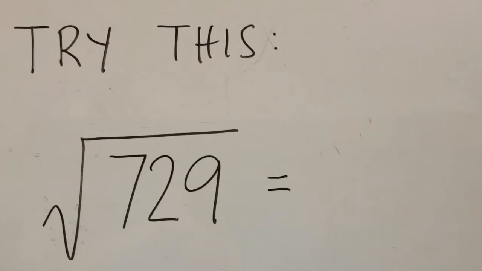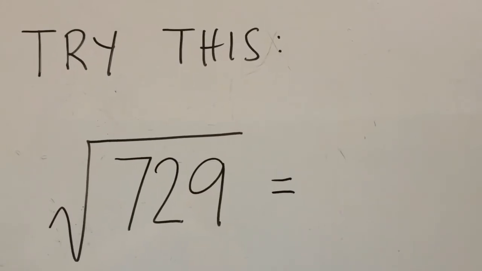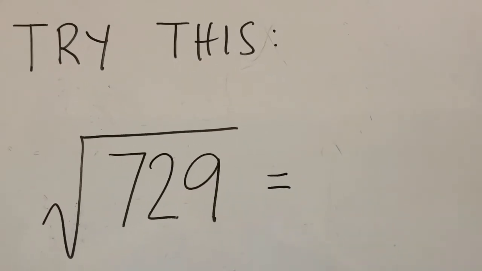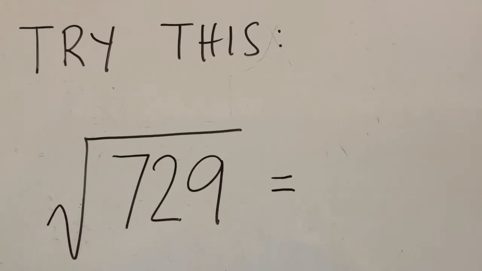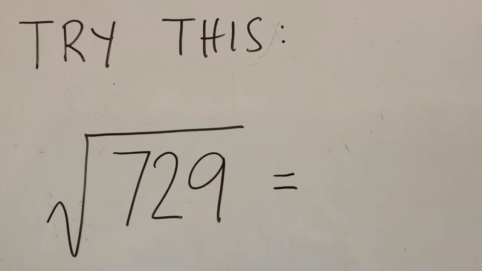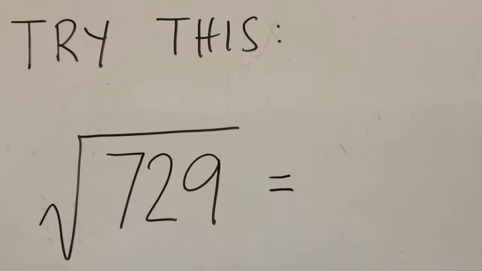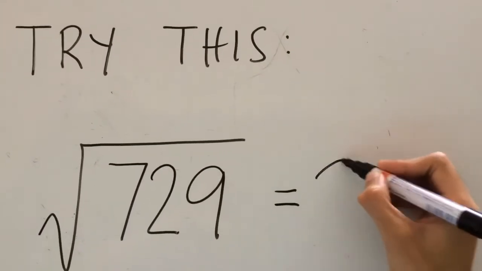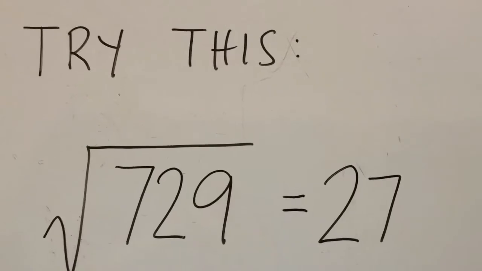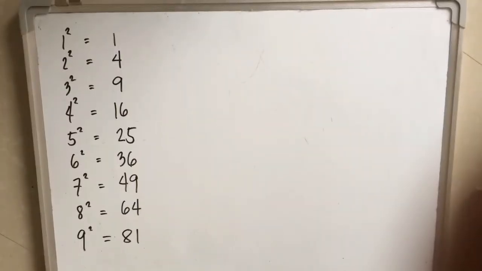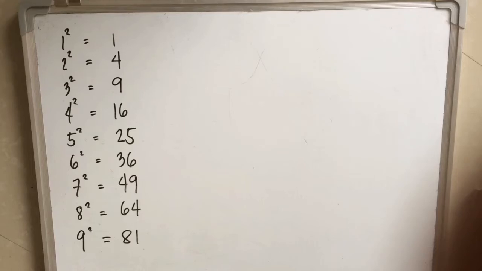Let's try this. What is the square root of 729? The answer is 27. Did you make it right? If not, don't worry. We are going to discuss how to get the square root of a number the fastest